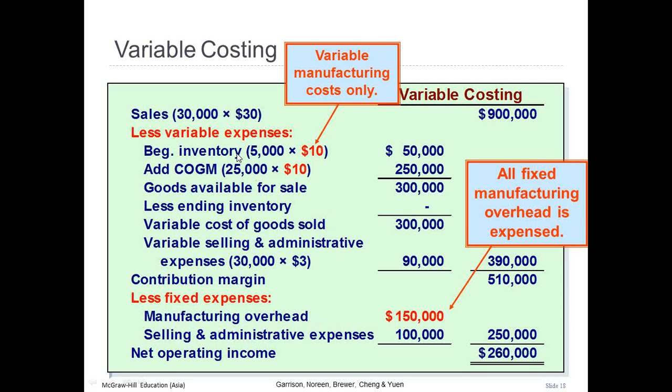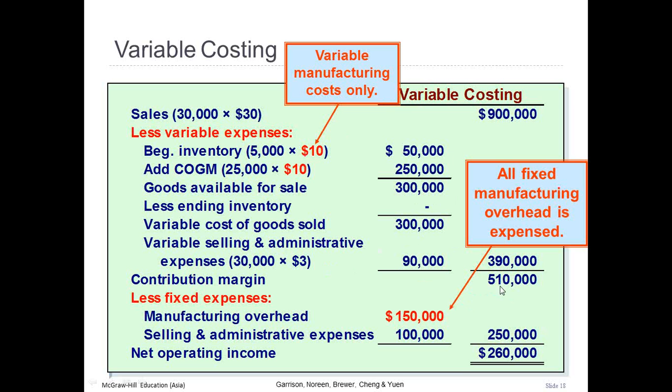So beginning inventory will only bring in the variable cost portion because we expensed the fixed in the previous period. Add cost of goods manufactured, but only the variable, $10 a unit. Goods available for sale, variable cost of goods, variable selling and administrative, so this portion is all variable, gives us